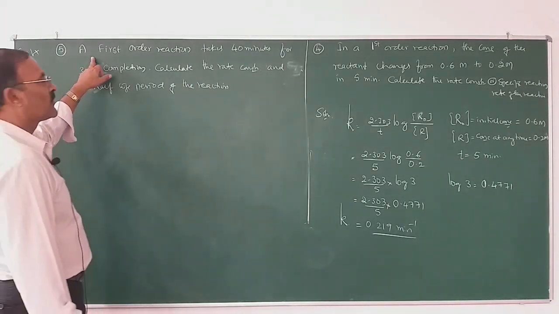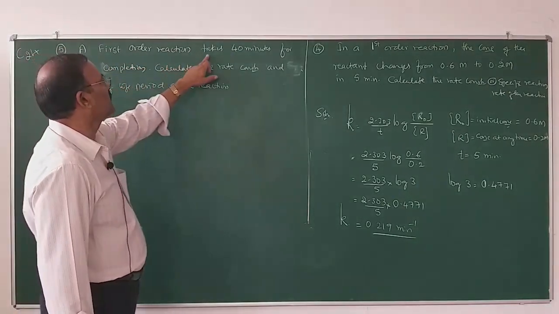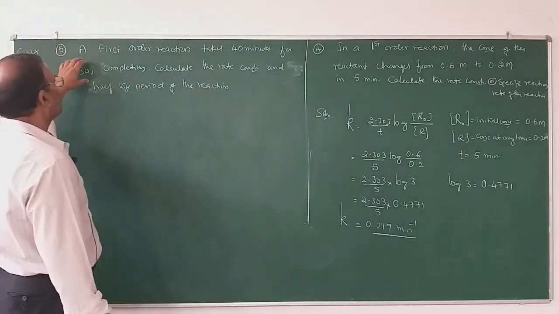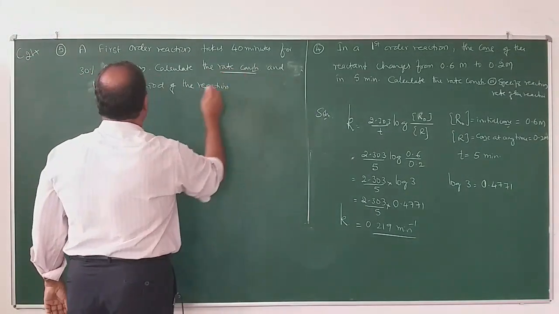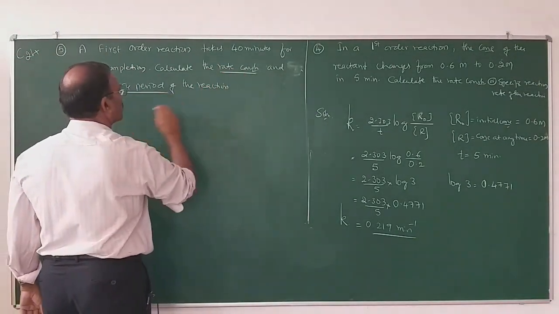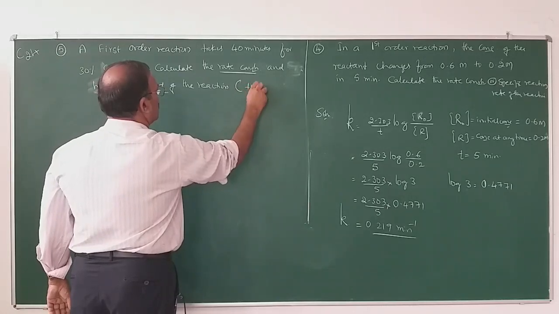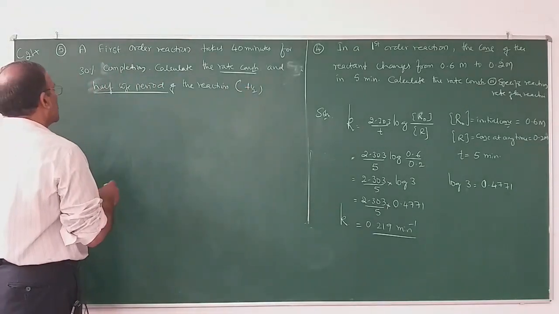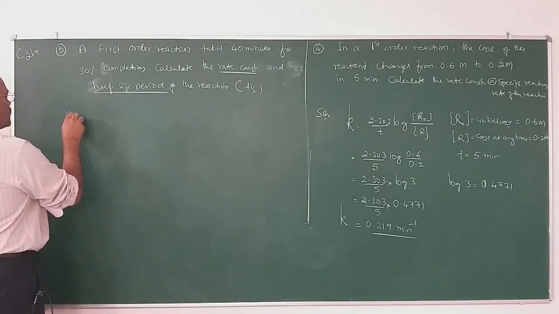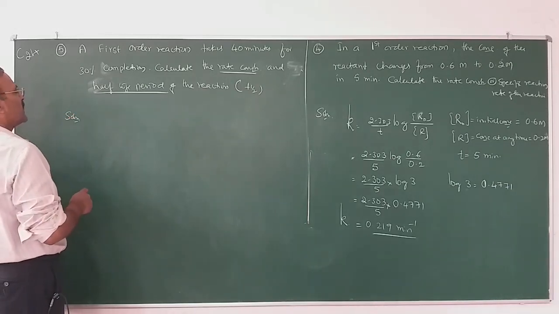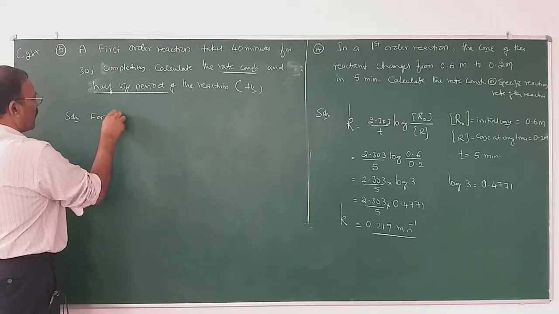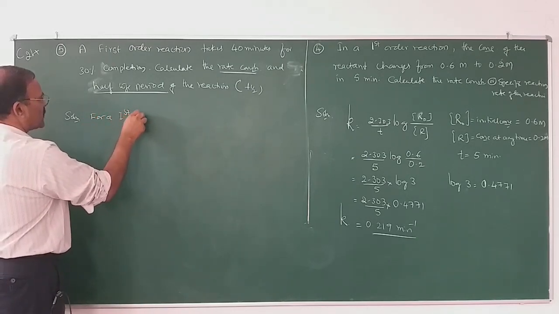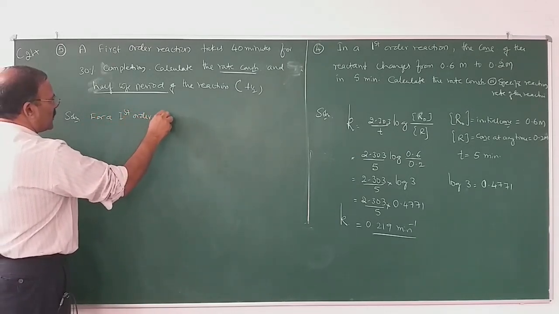So it is a first order reaction, takes 40 minutes for 30% completion. Calculate the rate constant and half-life period of the reaction, that is t half. So coming to the solution, what is the expression for rate constant for a first order reaction? For a first order reaction,